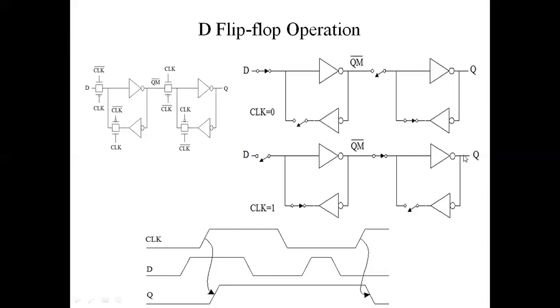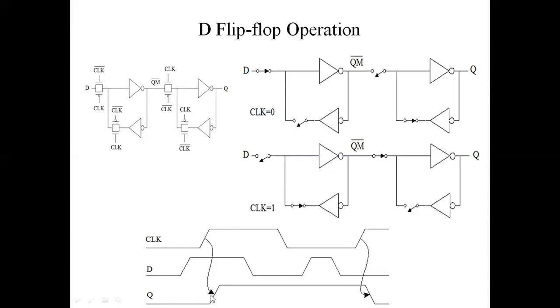Now we are getting the change only at the instant when the clock signal becomes 1. After that no connection between D and Q is there, means for the rest of the condition Q is just holding whatever the previous value was. Though there are changes in the D, no change in the Q is there. Only the change of the Q value is there at that instant when the clock signal goes to 1.